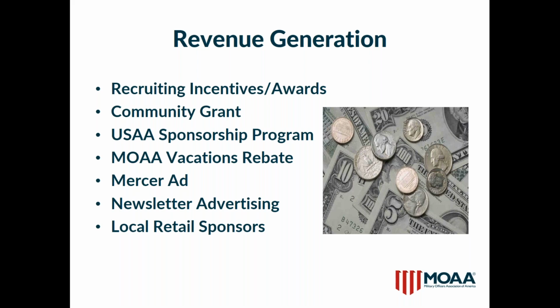Look for other places who are interested in advertising in your newsletter as well. Local community services or shops may be interested in providing an advertisement so that you can make a little extra money for your newsletter there as well. And local retail sponsors for some of your events. You know, the local Baskin-Robbins gives a certain percentage of sales for a particular day for a charity. Sign up for those kinds of things. These are ideas, again, best practices that we've seen out there on how chapters can generate some revenue in order to keep their operations strong.